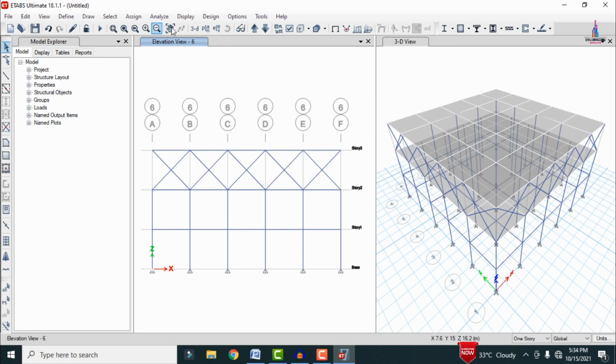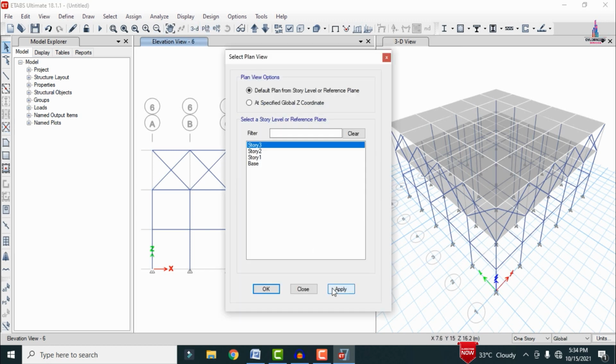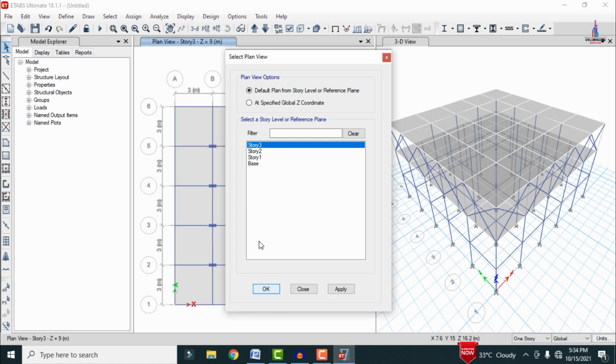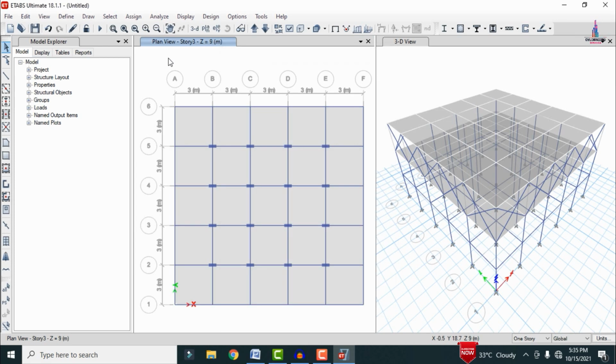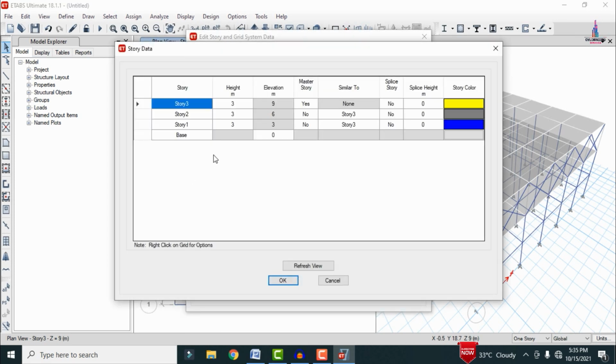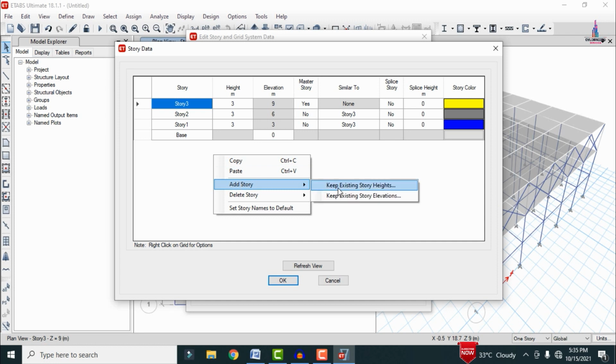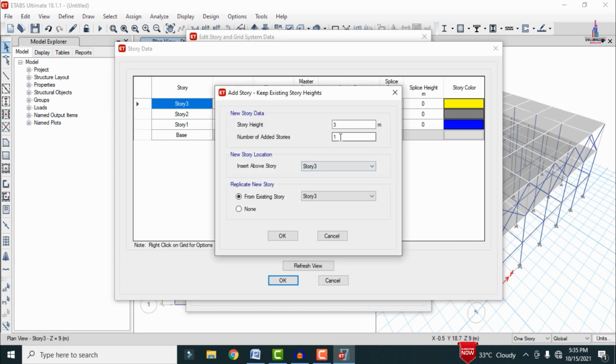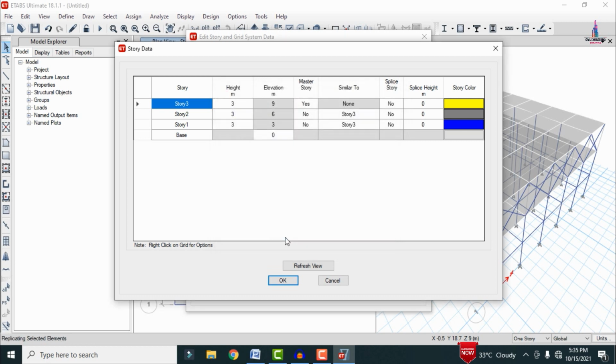Okay, so now we have to create the section which is related to the remaining stories here like this for the respected remaining 9 stories. Okay, so for that we need to click on the right click option, click on add edit grid option, click on the modify story data. So we need to add the stories by using existing story heights here. So we need to enter the number of stories will be consisting of 9 numbers and each story will be consisting of 3 meter. Click on OK option so that it will create the remaining stories for the respected diagrid